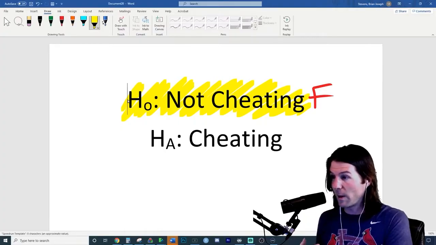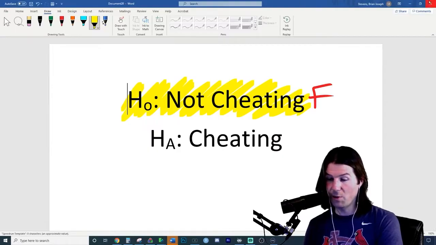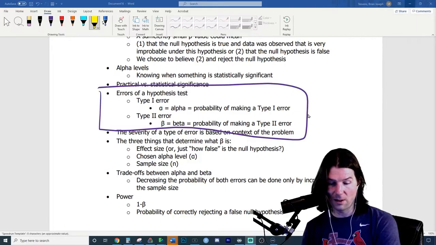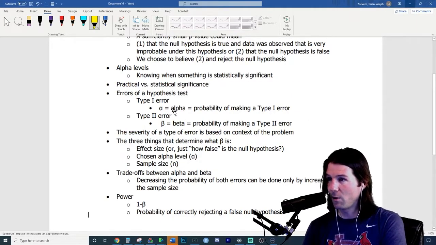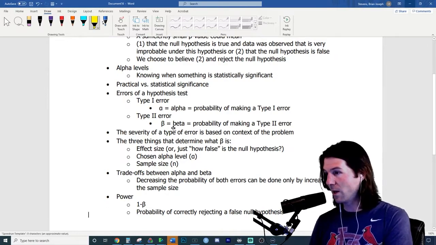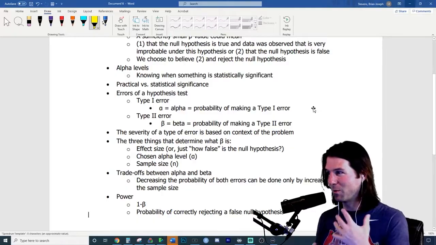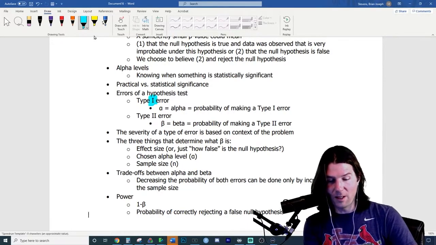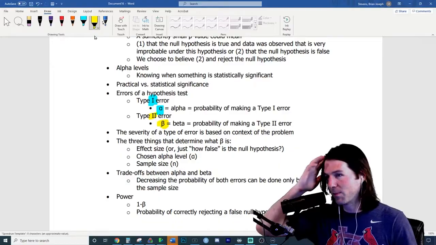Practicing with this, there are lots of good Mike Pearson examples on it, with the bank example, I believe, and also the court example. But practice, practice, practice type 1, type 2 error. Good stuff. And we should know that your alpha is your type 1 error rate, and your beta is your type 2 error rate. Just think 1, 2, A, B. You count 1, 2, and you do the letters of the alphabet, and you get A and B. 1, alpha, 2, beta. So beta is the type 2 error rate.